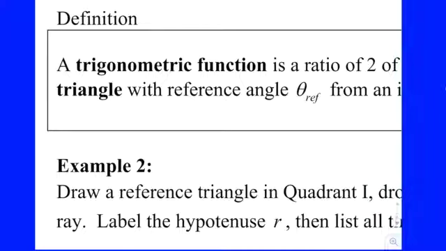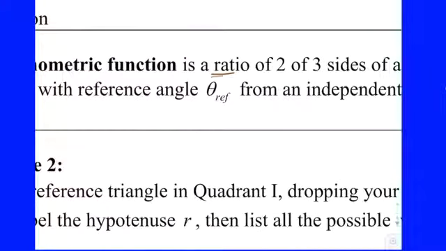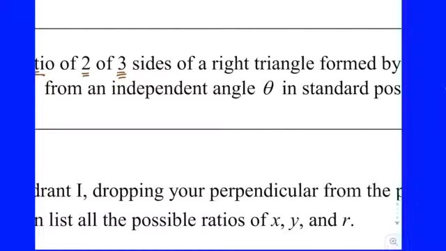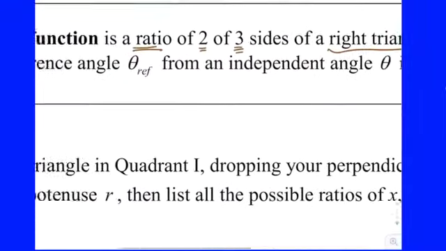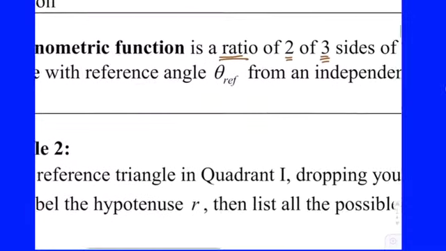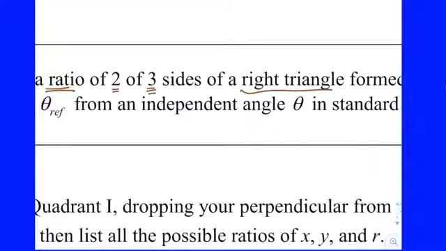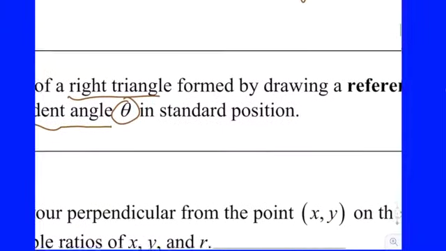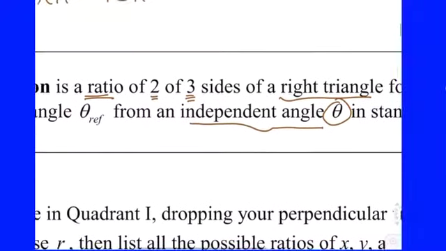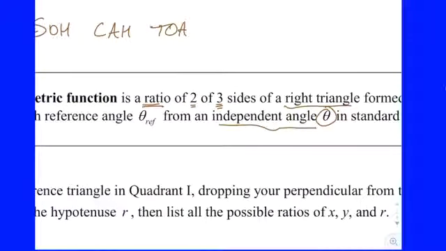A trig function is a ratio of 2 of the 3 sides of a right triangle formed by drawing a reference triangle whose reference angle is theta ref from an independent choice of theta in standard position. Okay? If you want to shorten it down, a trig function is a ratio of 2 of 3 sides